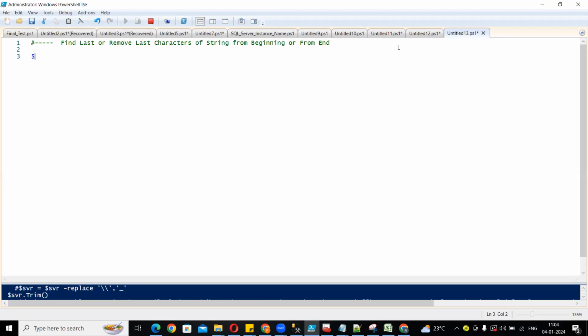I am taking a variable $a and in here I am saving the value a b c d e f g h i j k l m n o p q r s t u v w x y and the last is z. If somebody asks you to display only the first three characters from the beginning like this, or somebody asks you to display only the last three characters from the end,